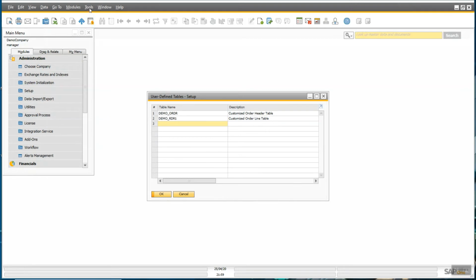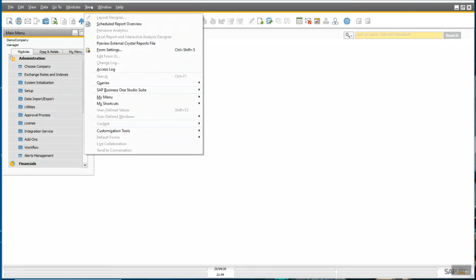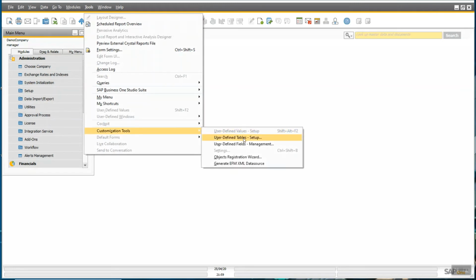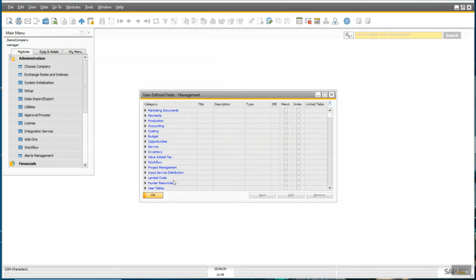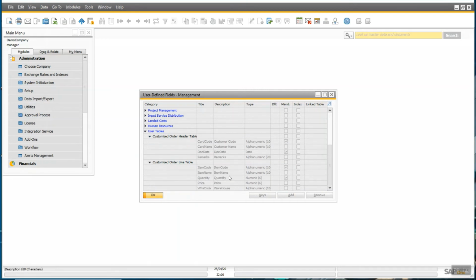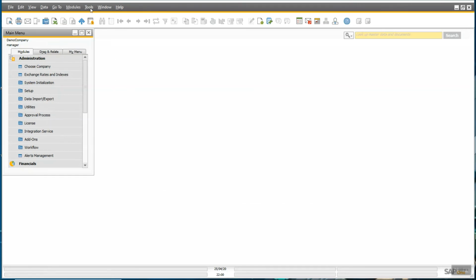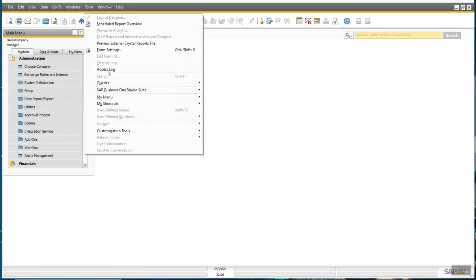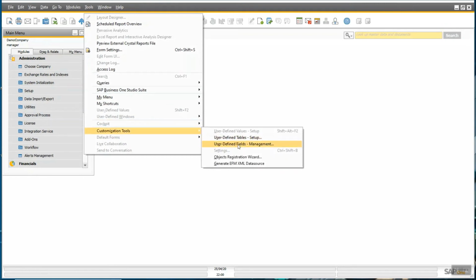Let me show you the user defined fields. Similarly, you can go through this window, user defined fields, and under user tables you can see there are two table entries. Under the tables you can see the user defined fields. Now let me show you the user defined object in SAP Business One, which we have already created.